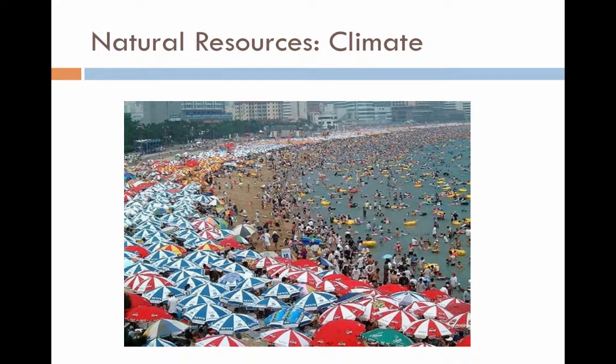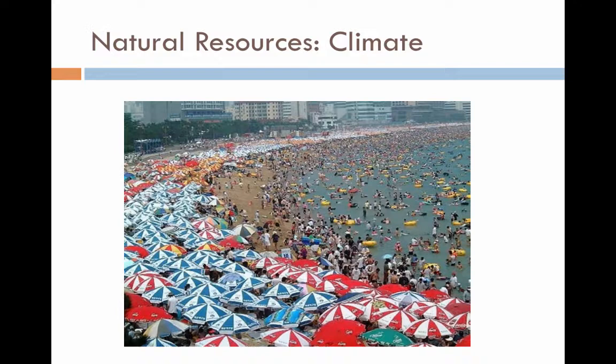Climate is another natural resource that perhaps gets overlooked, but is an incredibly powerful tourist attraction. People from very cold areas will travel to very warm areas. People from warm areas will travel to places that are a little cooler if that's what they're looking for. And many